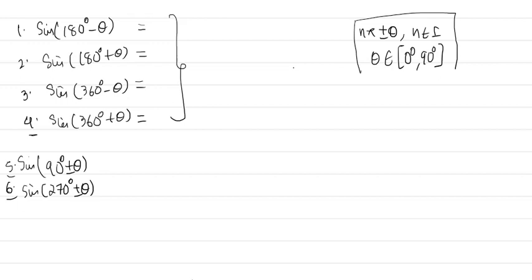If you consider theta as an acute angle for the time being, theta can actually be any angle, but for these questions initially we can consider theta as an acute angle lying between 0 to 90 degree, and that is n pi plus minus theta. So these four cases come under n pi plus minus theta where n belongs to integer, and the remaining cases, 90 degree plus minus theta and 270 degree plus minus theta, we will discuss later, and these come under 2n plus 1 pi by 2 plus minus theta where n belongs to integer. So these cases we will discuss in method 2.